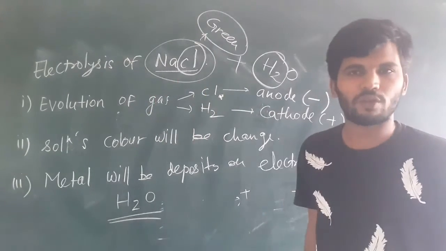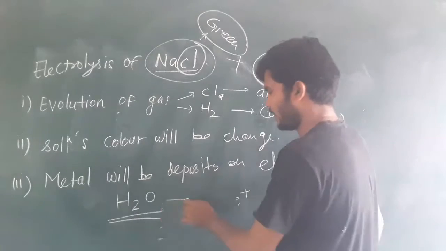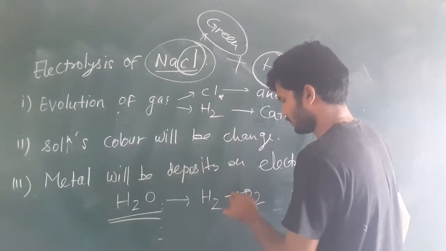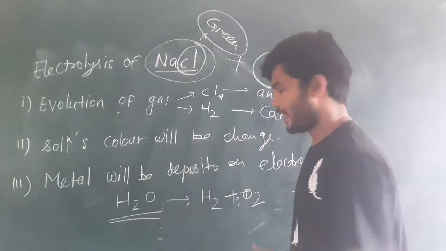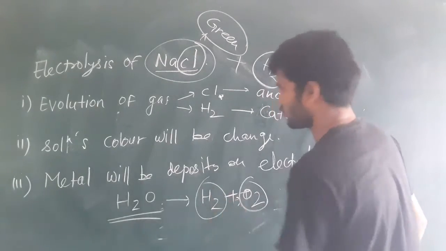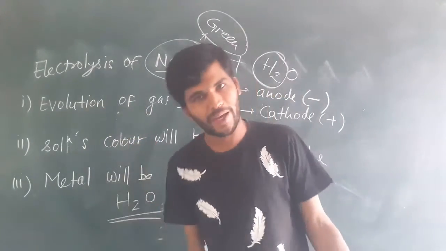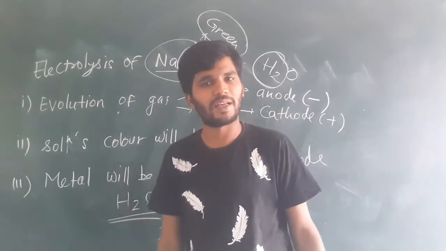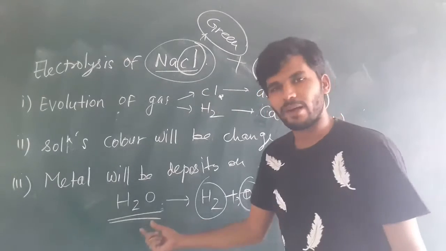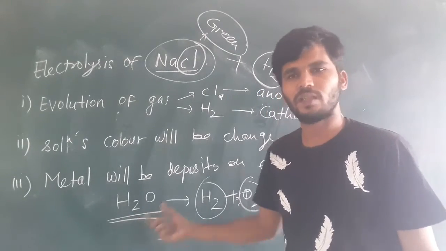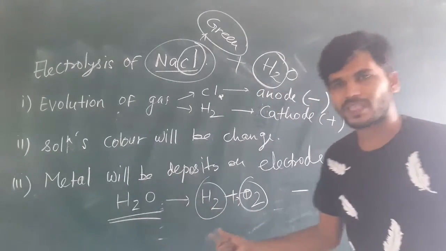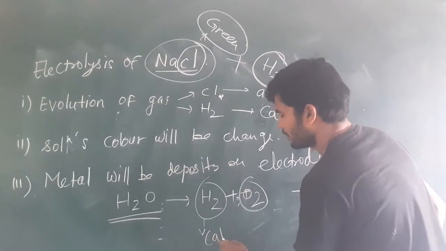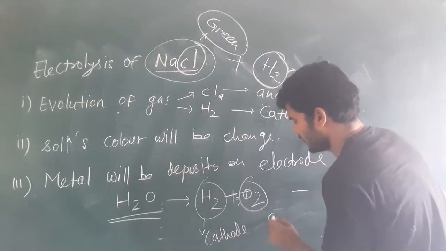So till now, this electrolysis can also be done for water, H2O. So what will happen here? We will get H2 and O2. H2 is a gas, O2 is also a gas. So we got the evolution of gas. Whenever electrolysis is done, we get these three things. Once again, I give the example of one more compound, water, and by water we got H2 gas and O2 gas. H2 gas at the cathode and O2 gas at the anode.